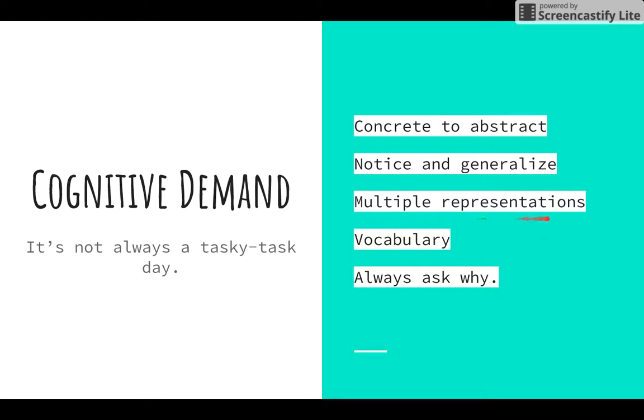Even on a fairly boring day, we're showing things in multiple ways, and students are encouraged to push from basic words they might have learned in elementary school toward a higher level of vocabulary. And I'm always, always, always asking them why. Why does this work? Why does this make sense? Why are these two things the same? Why does this show the same thing as that? And that's sort of how I keep